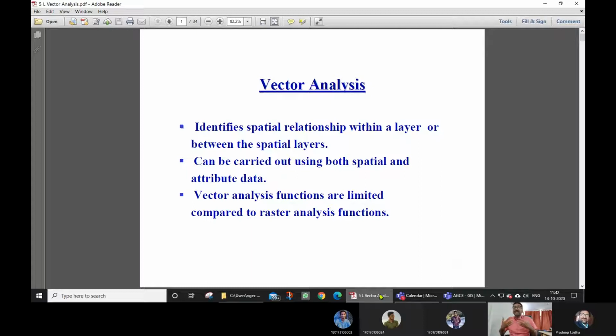But to create a vector image, a vector file or vector layer, it takes a lot of time, and also monetary resources go into the creation of vector data. Vector is an expensive kind of thing, but it is more useful when precision is required, when the area is small, when you want to work with something like 99% accuracy, then this kind of data is preferred.